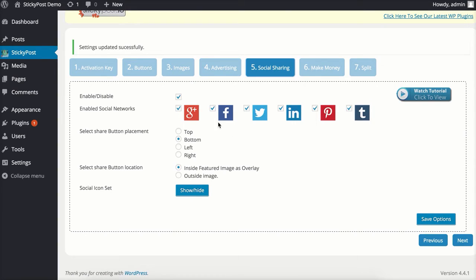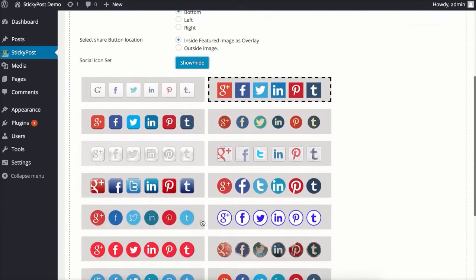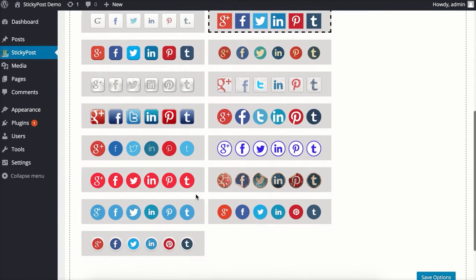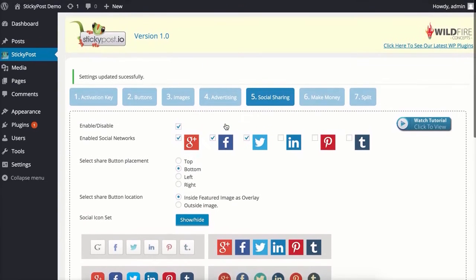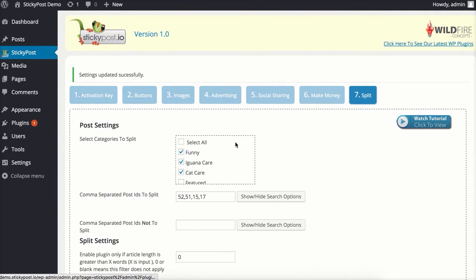We can adjust which networks we want to include or exclude from the sharing icons. We can choose where to place those. The button location, do you want it inside of the image as you've seen or outside of the image? And then we have a bunch of different icon sets and different styles that you can see here and that you can choose from. Scrolling back up here to the top, last but not least, we have the split option,